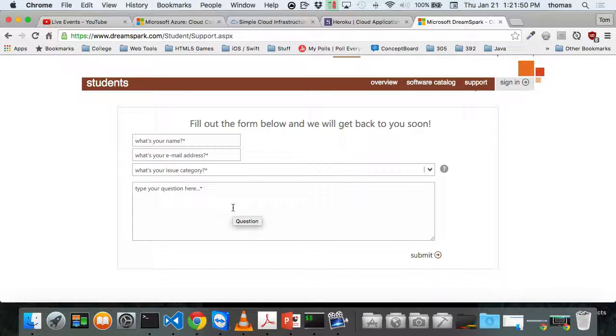And you may have to prove that you're part of the school. You may have to show them your transcript or something else, like send them some information or your student ID as an example. And when you send them your student ID or some proof that you're part of the school, they'll send you credentials, almost like a link to it. So this is what I want you to do. Take some time over the next few minutes to do this while I explain the next piece, something else you're going to have to sign up for.